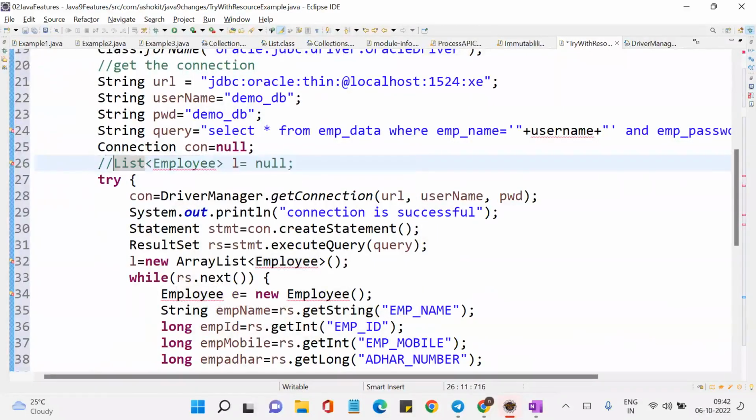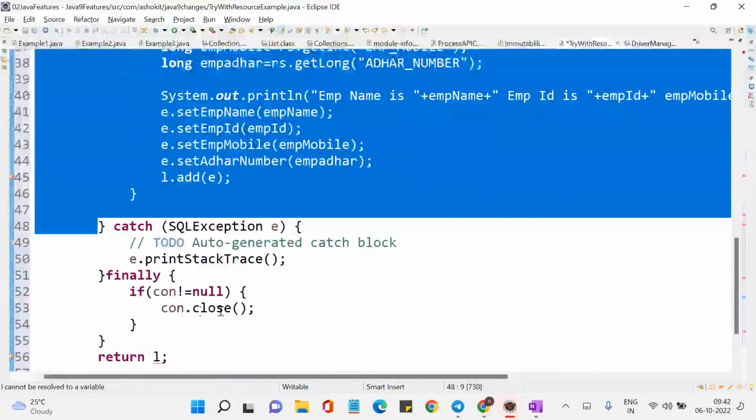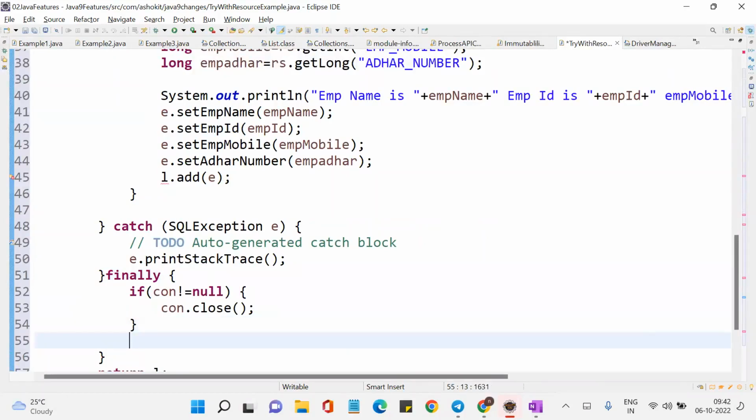So here, first, this is what we do, right? DriverManager.getConnection is the first statement. After that, you create a statement and then execute the query. You will get a result set. Now, this entire code you write in the try block, and then at the end you write a catch. And this is how you write the code, right? If the connection is not null, then you close the connection. Similarly, if the statement is not null,